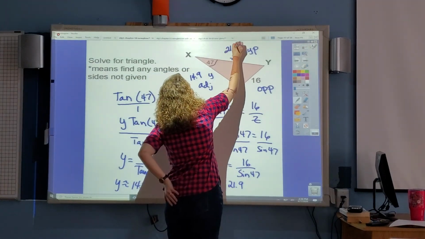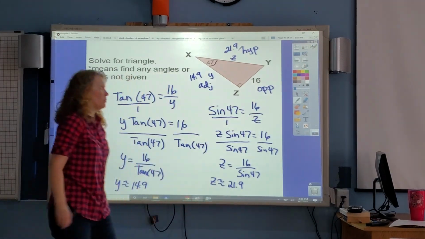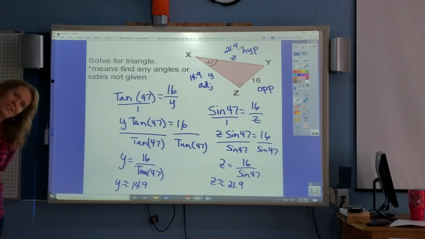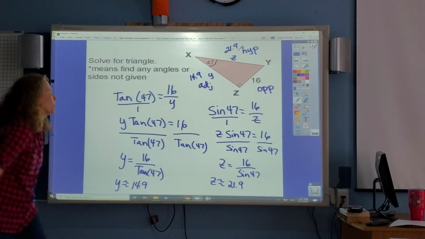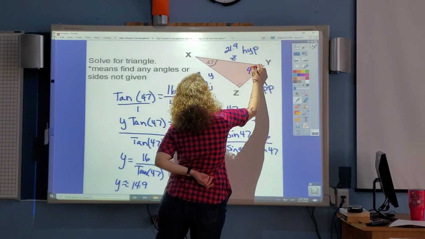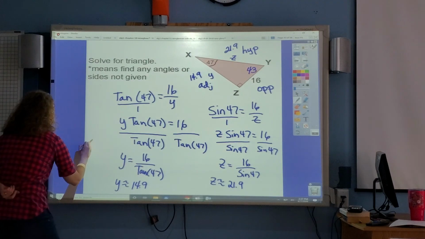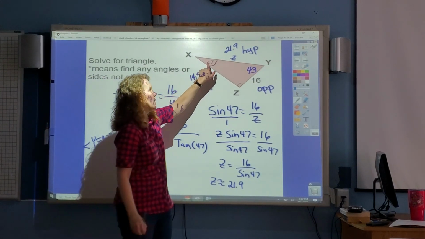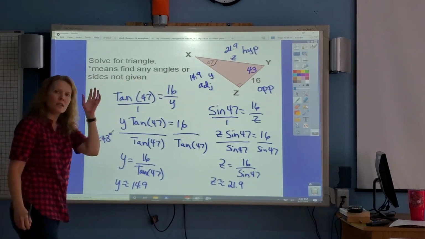All right, last thing. Jamie, have you figured out angle y? I can. It's 43. 43, good. So angle y is 43 degrees. How we did that, these two together have to equal 90, so we're doing 90 minus